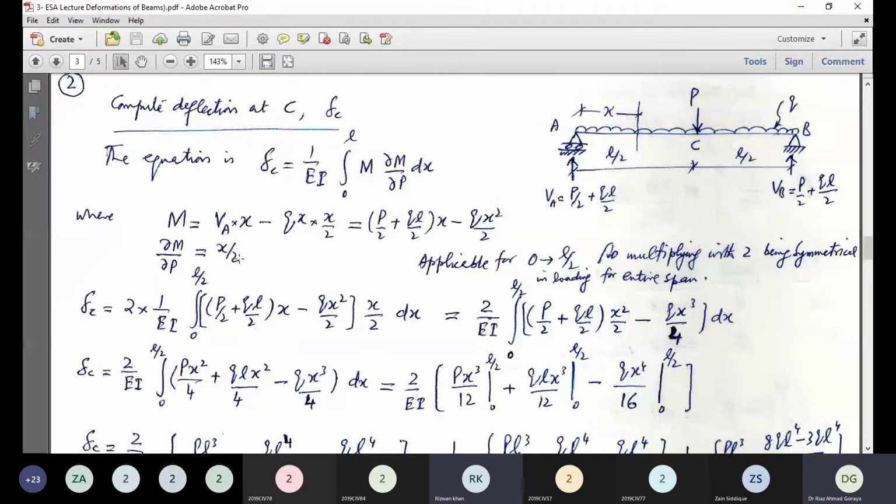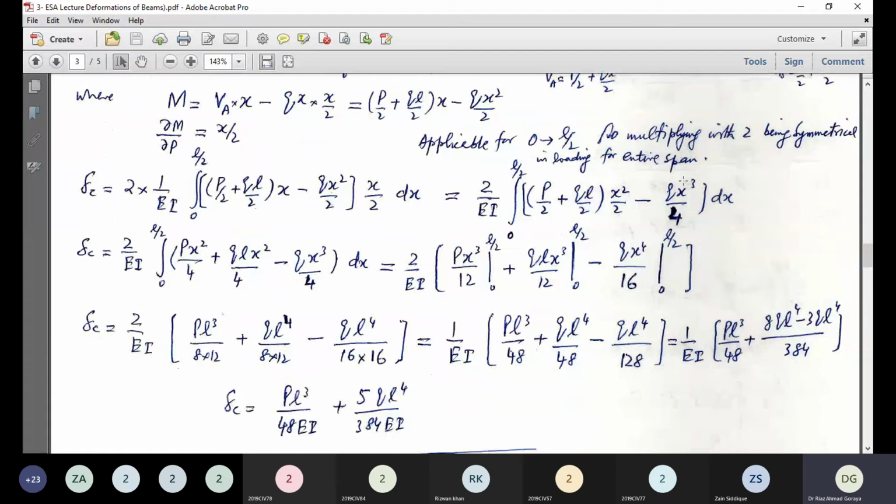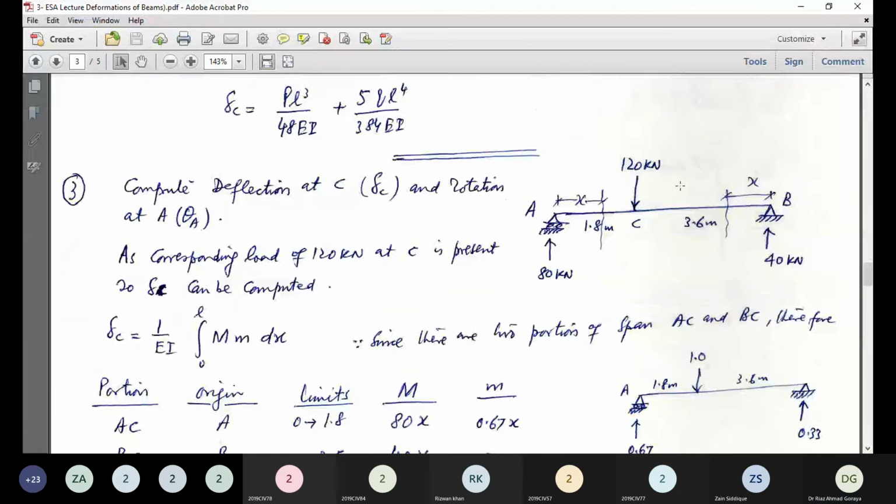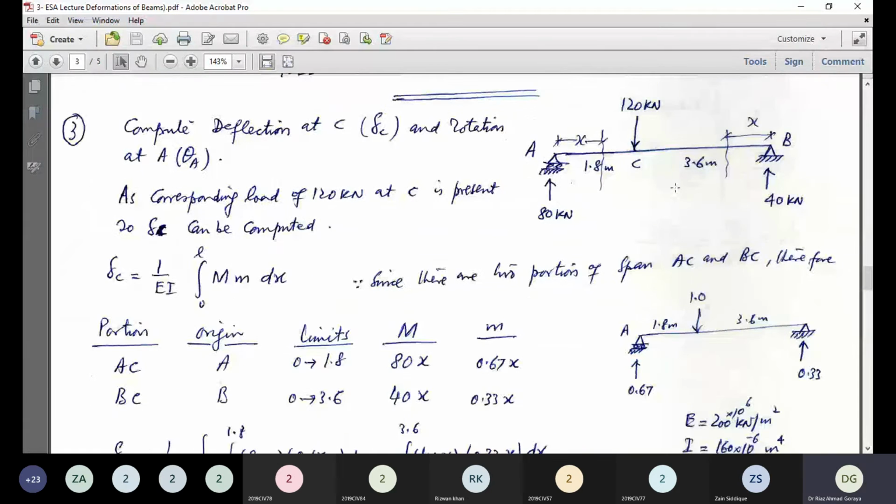Or does somebody have any question to ask? Sir, we can proceed. Okay. Now the third problem is when we will consider these two portions separately. This is the problem. This is again a simply supported beam,